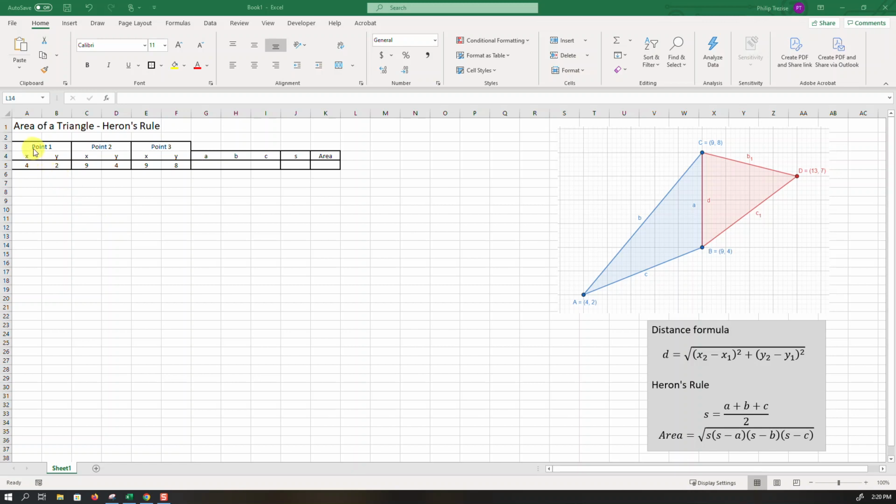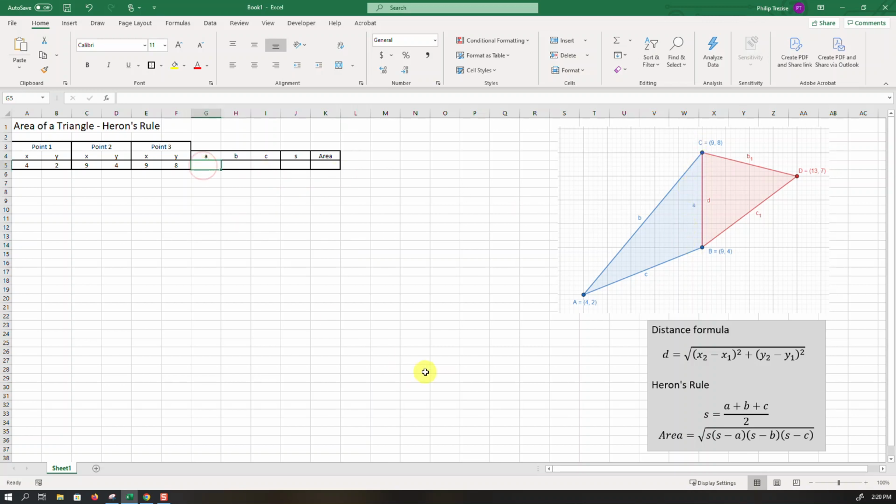I have just generic point 1, point 2, point 3, and for the first point, I've copied the values of coordinates for A, then for point B, and then for point C. Now this is where the fun begins. I first have to calculate the distance for each of these edges. So where I've got little a here representing little a, this distance, that's the distance between point C and point